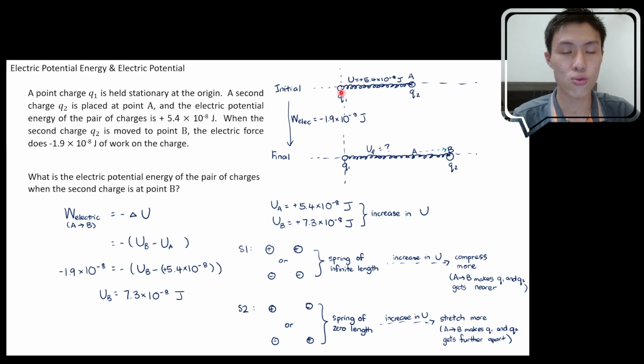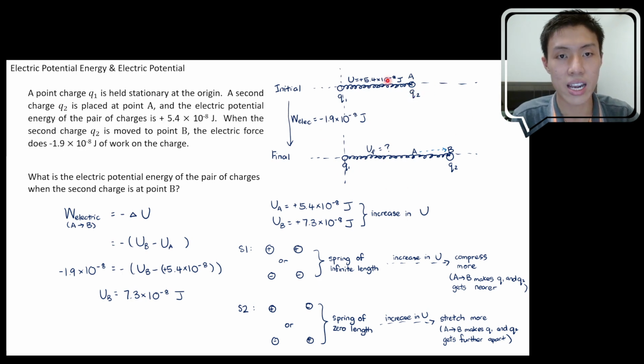It means that if today Q1 and Q2 happen to be like charges, Q1 positive, Q2 positive, or Q1 negative, Q2 negative, then if you want to increase your electric potential energy, you have to compress the spring more, because the spring was initially of infinite length. To store energy, you compress it. To store more energy, you compress it more. So to compress it more means you have to bring the two charges nearer to each other. So the process of going from A to B is actually making Q1 and Q2 nearer to each other,